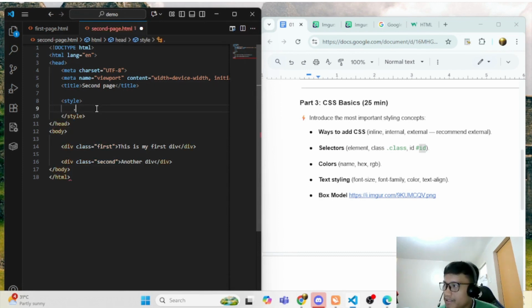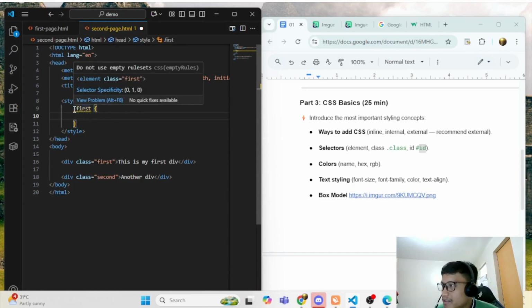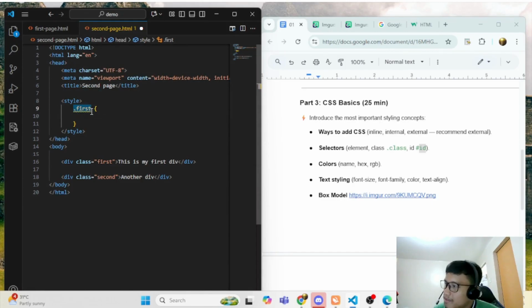For instance, period first. So this is the syntax for CSS style. So it means that you are looking for a tag in which the class name is first. So you're going to assign here the CSS properties or CSS styles.